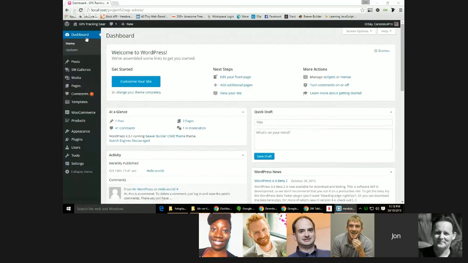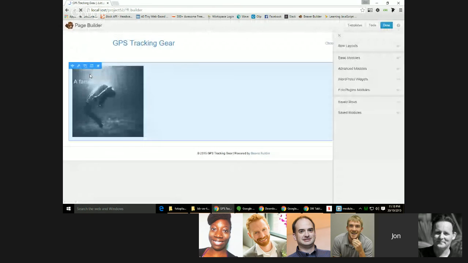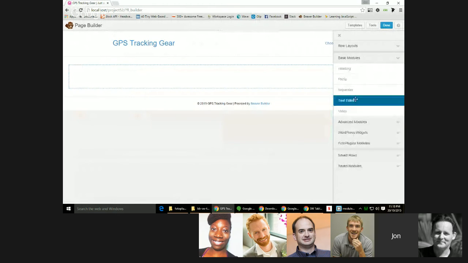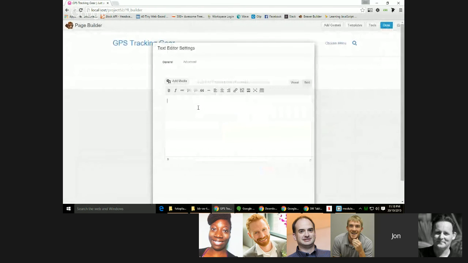So if I actually go back to my site, I should be able to do this within Beaver Builder. Let's delete that and let's go. Does the text editor support shortcodes? I'm sure it does. This is a wonderful presentation by, and we can add in our shortcode, which our shortcode is